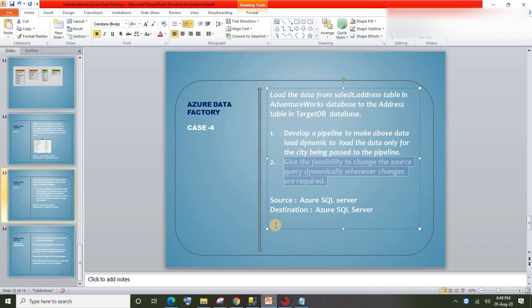So I fulfilled both the requirements. I created a pipeline to load the data from the address table in the AdventureX database to the address table in TargetDB, and I used a parameter to make the data load dynamic for the city that we are passing through the parameter. And as per the second requirement, I made our source query also dynamic by creating a variable.